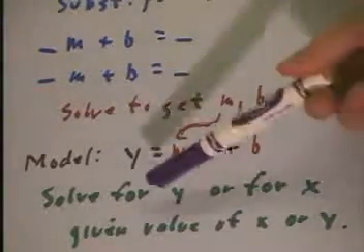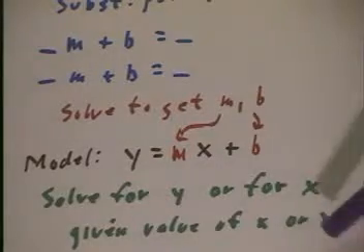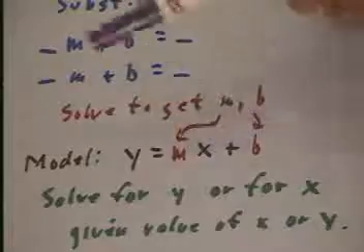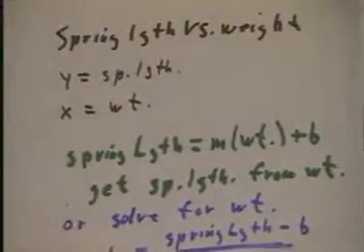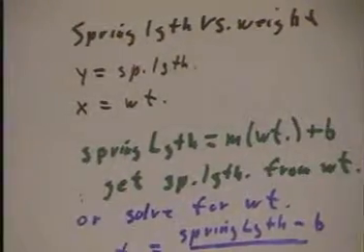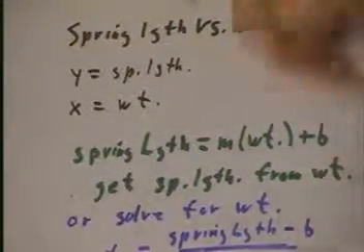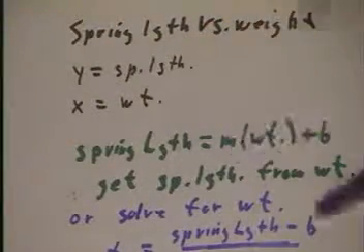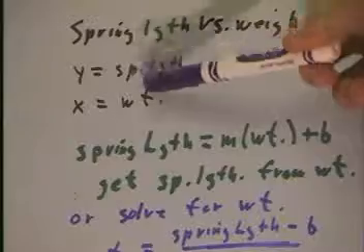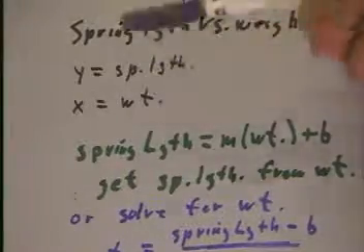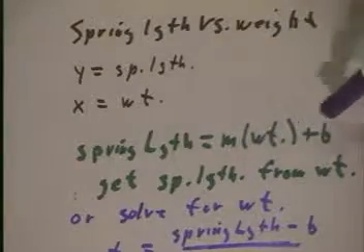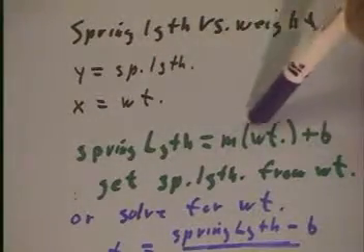This model can be solved for y or for x. So if we're given a value of x, we want to solve for y. If we're given a value of y, we want to solve for x. A model that we used, and a model that's again mentioned here, is spring length versus weight. If y is the spring length and x is the weight on the spring, then instead of using y and x and trying to remember which one is spring length and which one is weight, why don't we just write out spring length equals m times weight plus b,